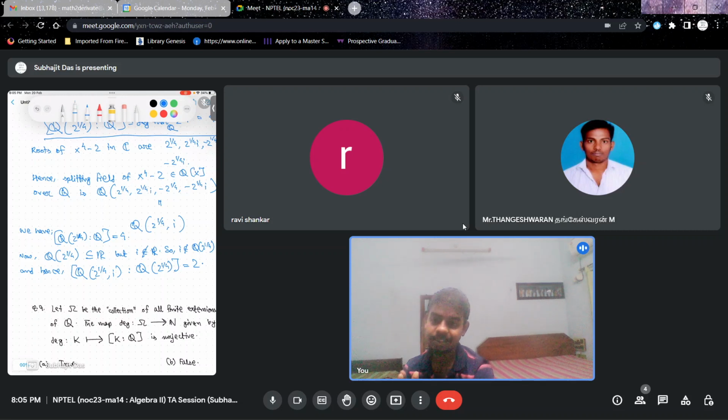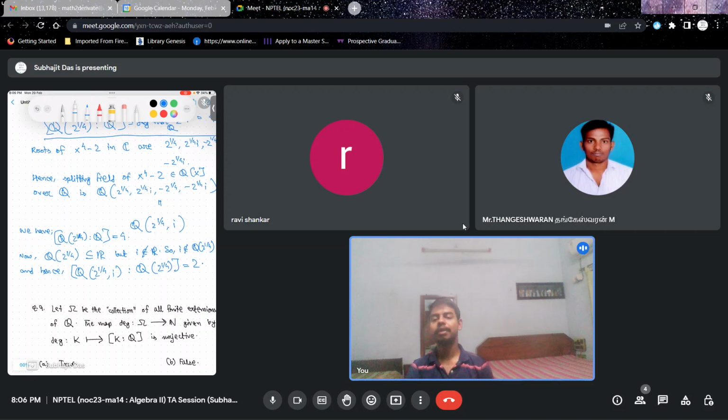So this says that the minimal polynomial, which is the polynomial of smallest positive degree, should have degree at most 2, right? Because x squared plus 1 is a polynomial whose root is i. So the minimal polynomial of i over Q adjoined with 2 to the 1 by 4 should be at most 2. But it's certainly not 1,